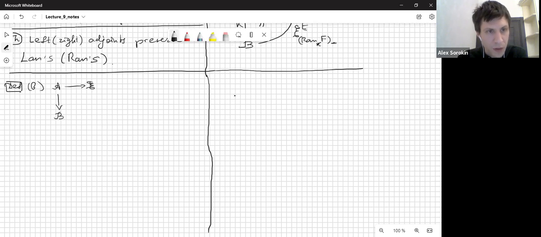Here is B. Let me draw A better, E better. Here's functor F, here's functor K. Then we have here Lan K of F. Here goes eta. Now, this picture using op duality will be transformed to